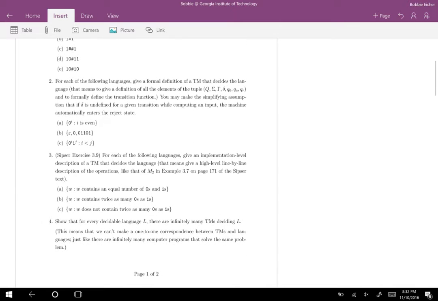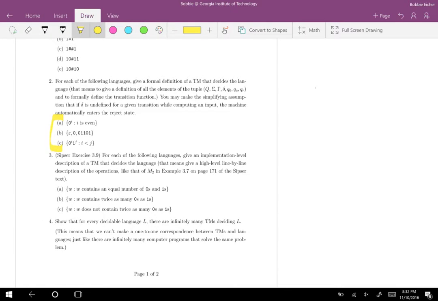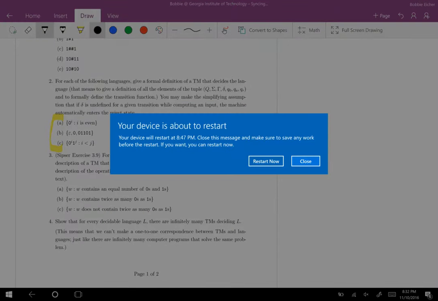Let's see, for question 2, I want to emphasize that this notation stuff, when you get to the exam, we're going to assume that you understand that. Like that 0 to the I thing, you are going to want to be able to look at that and know that it means 0 repeating I times. That is just the questions that are going to show up on the exam. I haven't seen them yet, but they always assume that you can understand this kind of notation. So if you don't feel confident that you can memorize it properly, or you just want to alleviate your, oh,